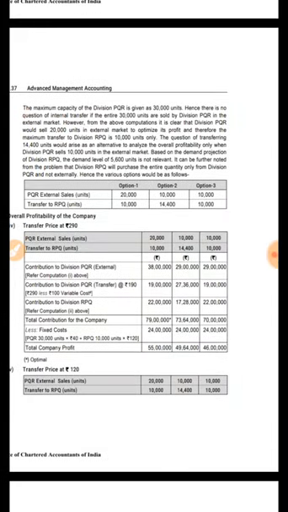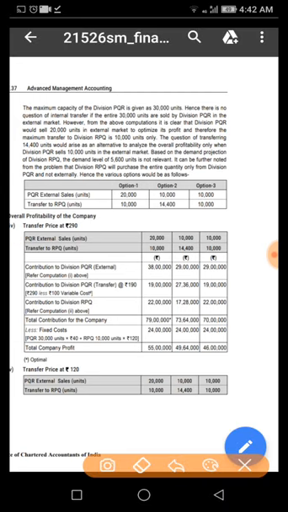Okay, so 290 less 100, 190. So that 190 into 10,000, 19 lakh. 190 into 14,400, 27 lakh 36. And just like that here also, 190 into 10,000. Okay, so see, one division we have done, PQR division we have done, because once it is selling to external, once it is selling to internal. So one division complete. Now the second division, RPQ